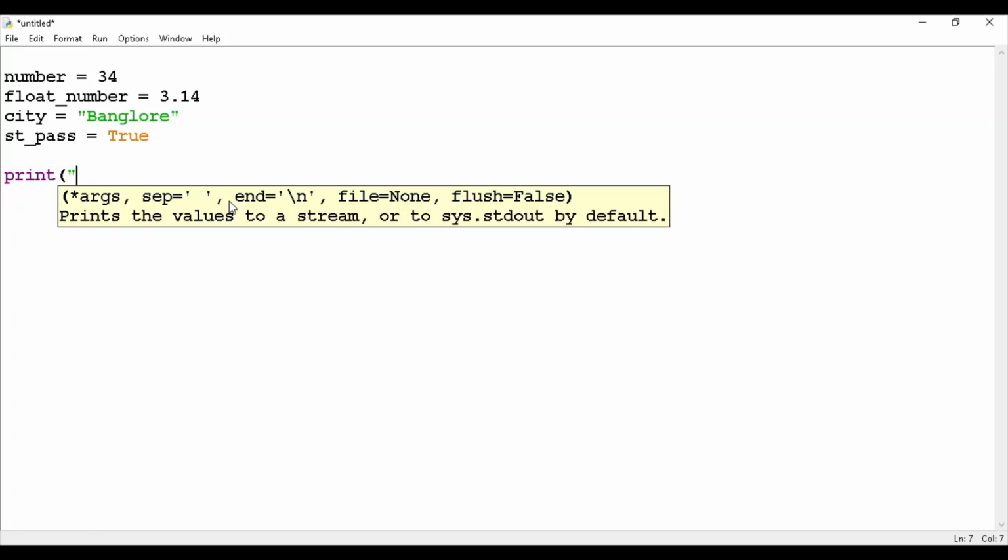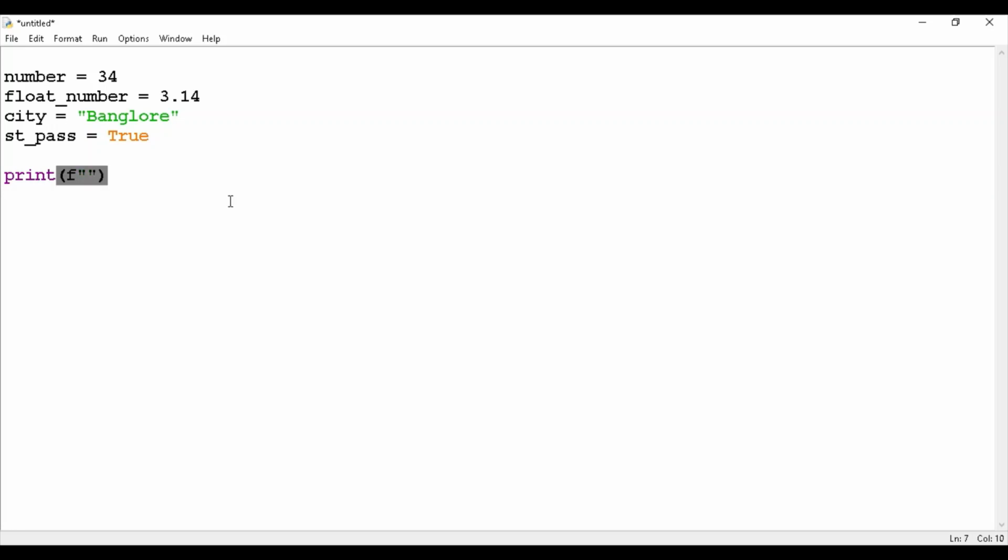So here we will use f-string, data type, we will take data type of number is.